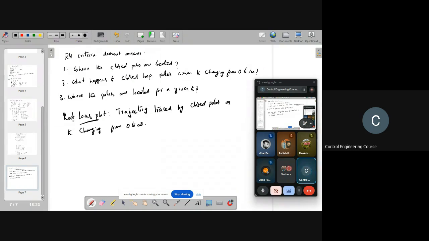This is very important in designing controllers, because we actually design the proportional, proportional derivative or integral, PID controller. Here we will have the K term. How to choose the K matters, because by taking different Ks the closed loop stability gets affected. That is the reason we plot the root locus before designing the K values and analyze the system stability.